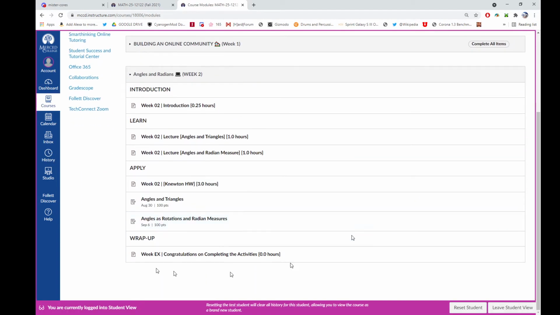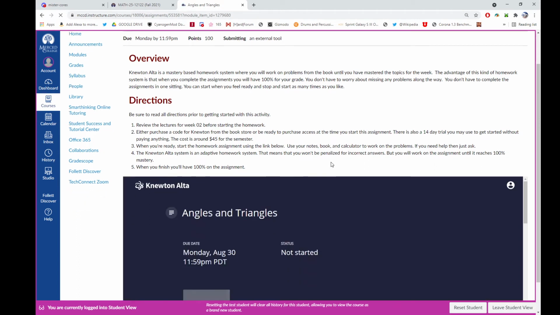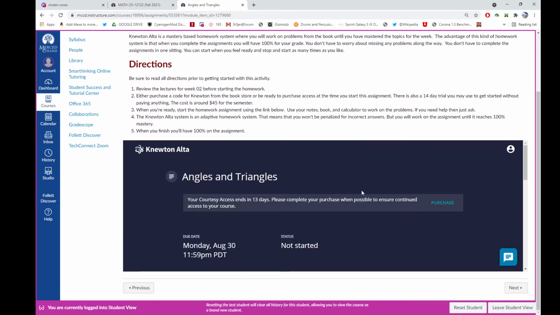Perhaps if you go to modules and you click on the homework here, maybe this does not show up for you. Maybe you get some kind of access denied thing or something like that. If that happens, there's a few ways you could go about dealing with it. This is not what we want. So if you have an access denied, one thing you can try is logging out on